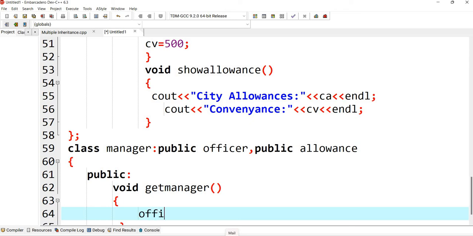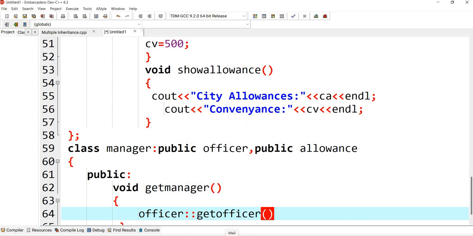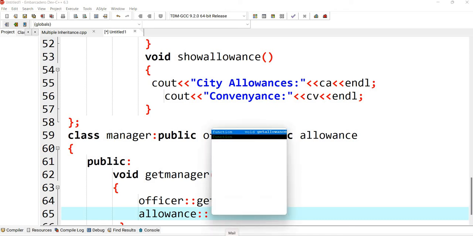So I can write here officer, you can see this is get officer. Okay. Another is allowances, so get allowances.